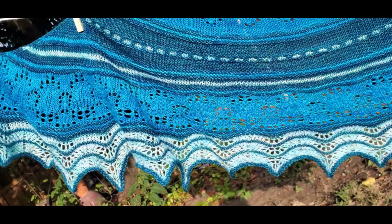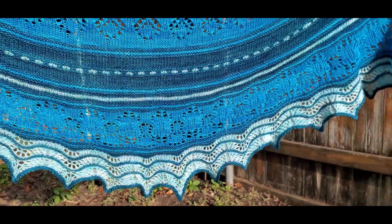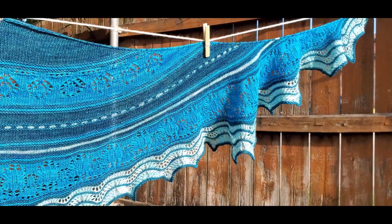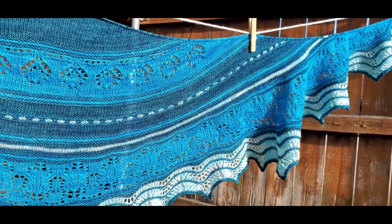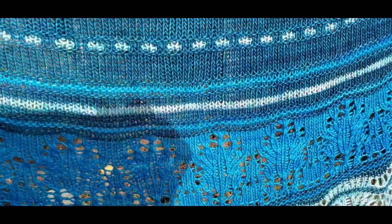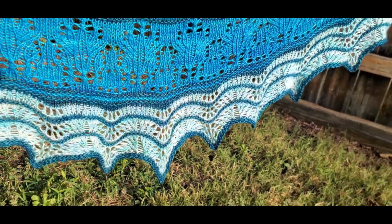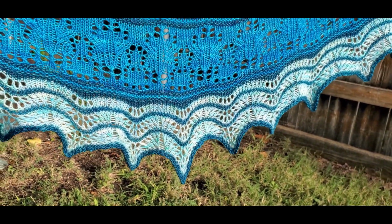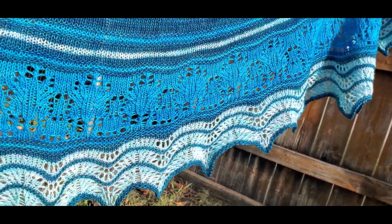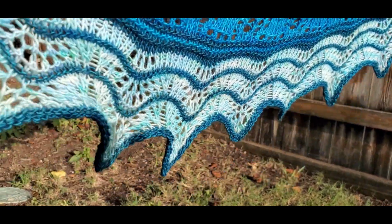And then you bring in another lace panel right there, this section here. I like how she did the lace all in color B. And did some more striping at the bottom here underneath. And then we finished it with this beautiful feather and fan pattern right there at the bottom. It's really pretty striping right there at the bottom with colors A and C and a feather and fan, and then